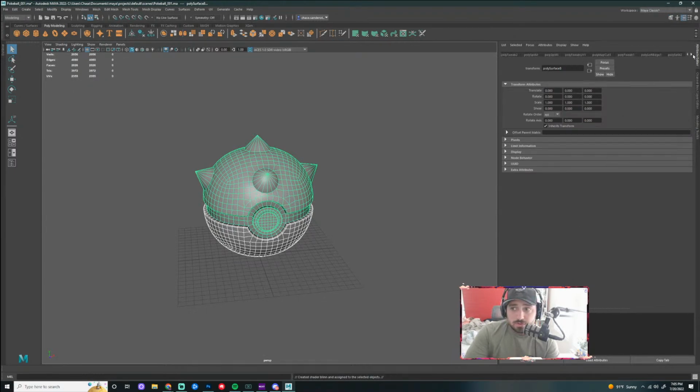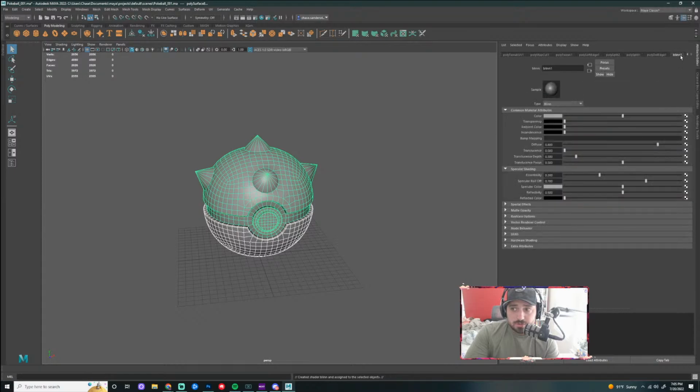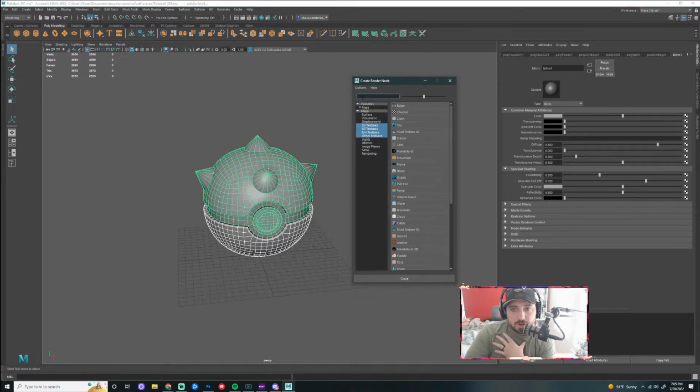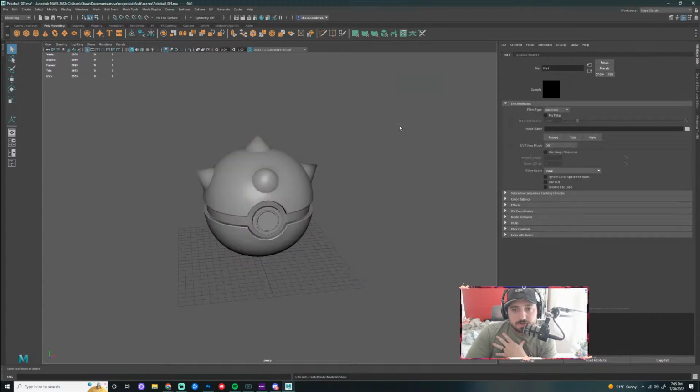And then you scroll over to your Blinn in your attribute editor. You should have little arrows at the top. Since you've done quite a few things to it, you can scroll over to your Blinn. And in that Blinn, you'll see a little thing that says color. If you click this checkbox, it will pull up a render node. So I just click the little checker box next to the color inside of the Blinn we just applied. And I'm going to hit File inside of this node.